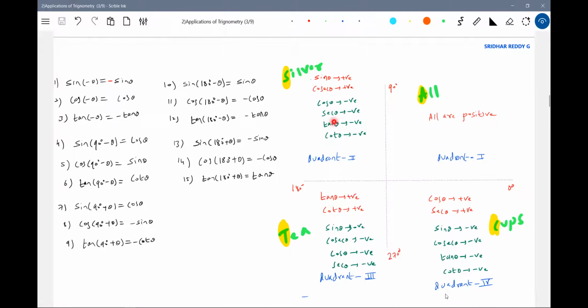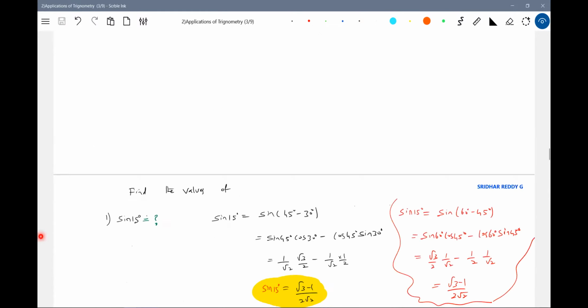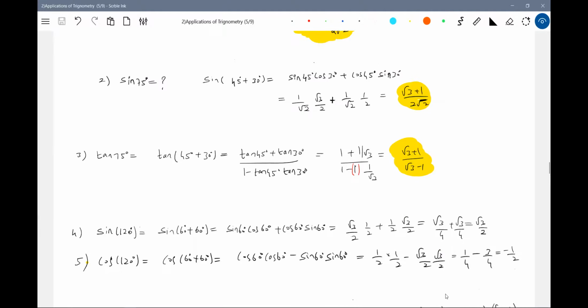So, sir, how to write these things, come back here. Okay. So nothing is taken for granted here. Sine of 120 degrees, why will it be positive? We have a proof. Cos 120, sir, why is cos negative in the second quadrant? We have a proof. Check it here.